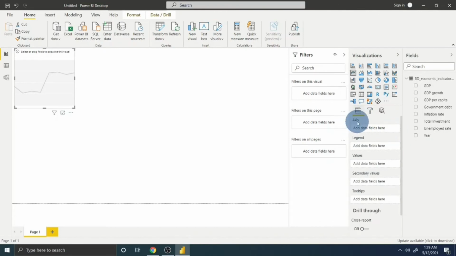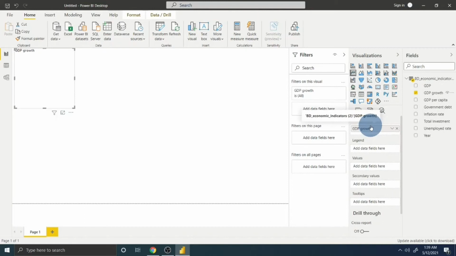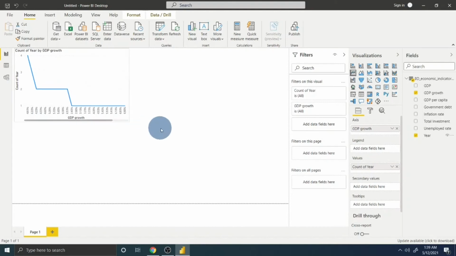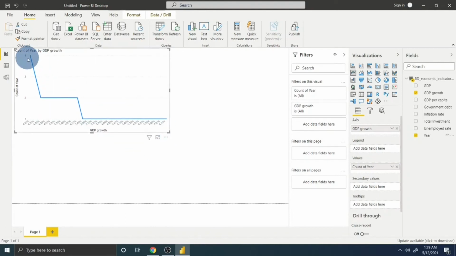So to start with the axis, let's say we would like to see the GDP growth in the axis, and we would like to see the percentage change over the year. So we press value, drag and drop to the value option, and you will find a very nice graph where you can see that the GDP was at the initial stage 4.80% and gradually it is consistent at the rate of 6.5%.